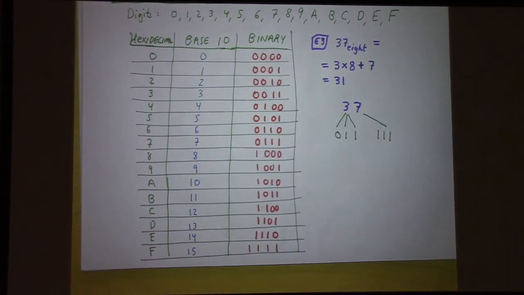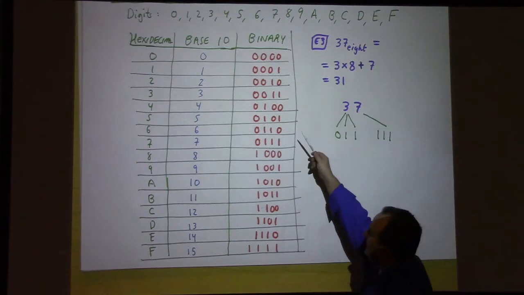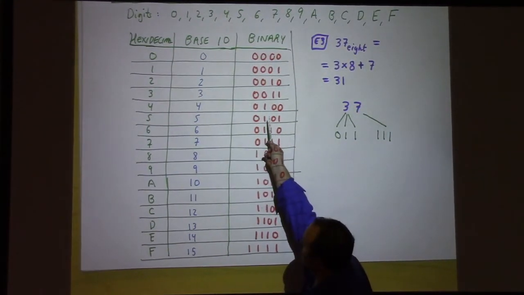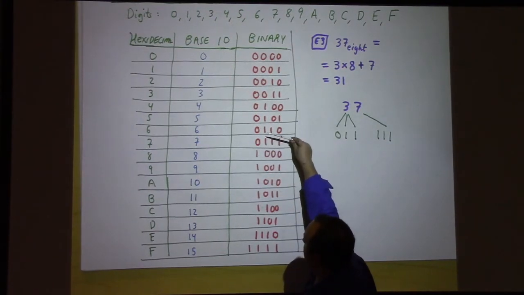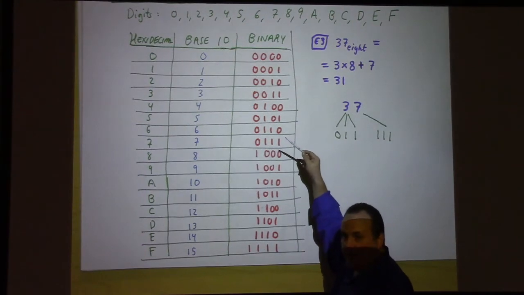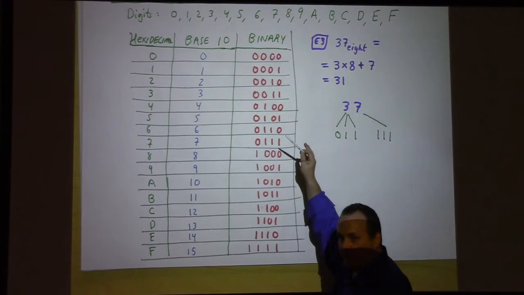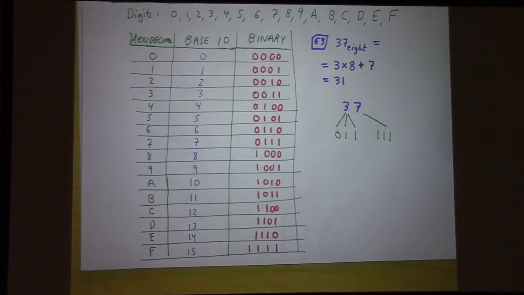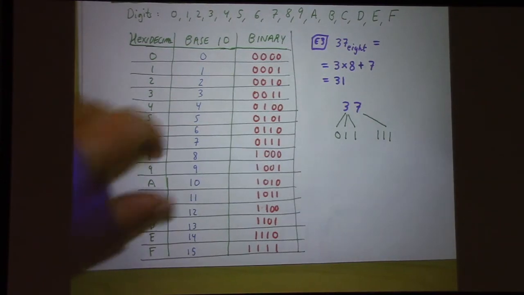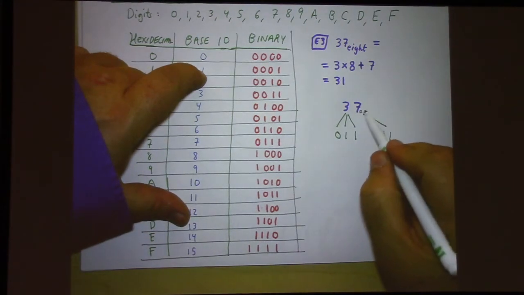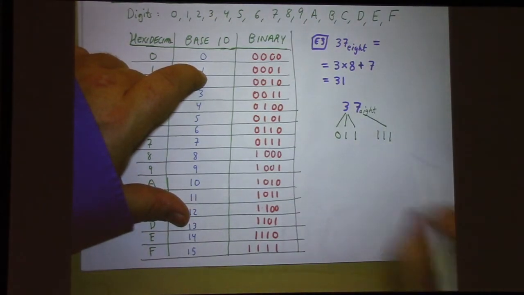So you can ignore the 0 here, and that gives you the binary representations of 0 through 7. By the way, I think this would be a wise thing to put on your formula sheet, because there are likely to be problems about binary numbers, and having this as a reference is super helpful. Something like this. So what I'm doing is replacing 3 and 7, base 8, with this number,